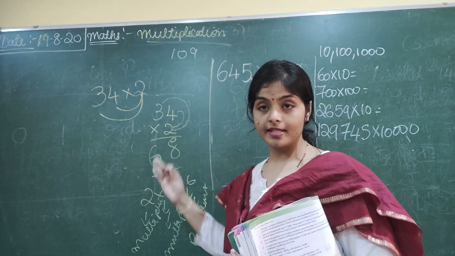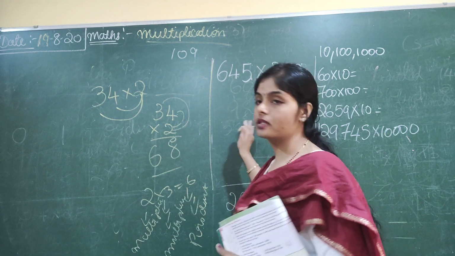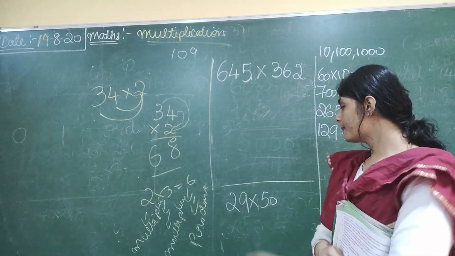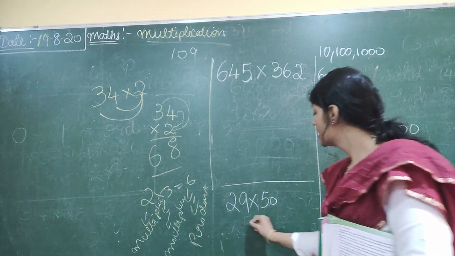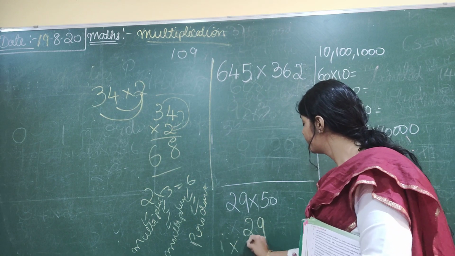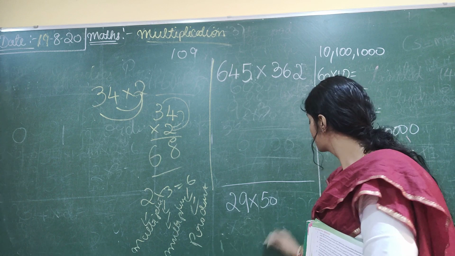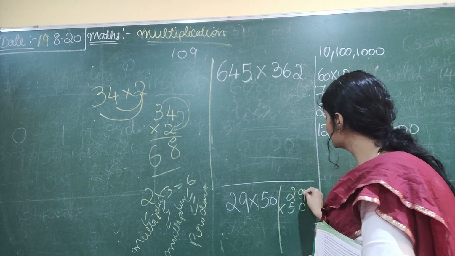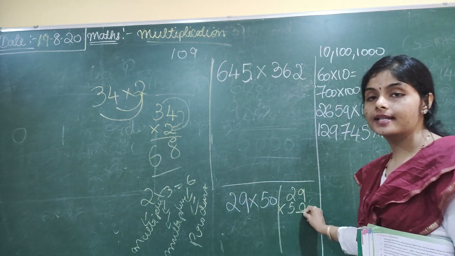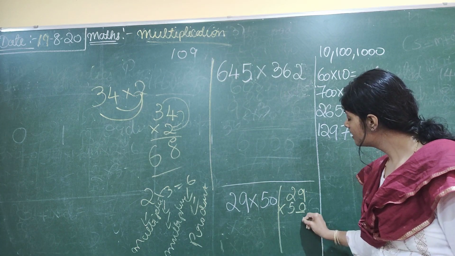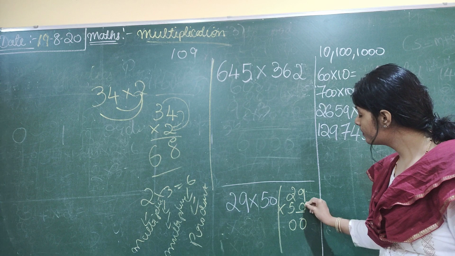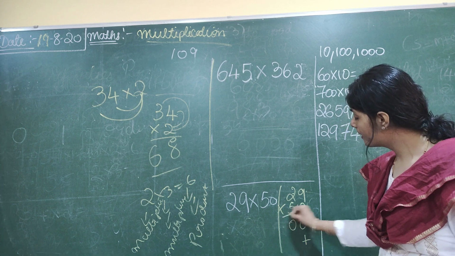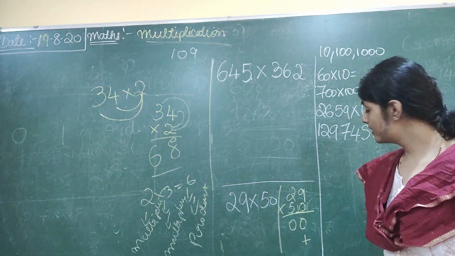Now, two numbers we learned to subtract. We have to subtract it this way, not in this way. Understood? Next, we'll multiply two numbers. One number we did now, two numbers. Can we multiply it in this way? No. What should we do? Arrange it. So 29 into 50. First, 0 nines are 0. Always start with the last number, 0. 0 nines are 0. 0 twos are 0. Then, because we are multiplying with the first number, we have to put a plus mark below. Understood? Put a plus mark below.